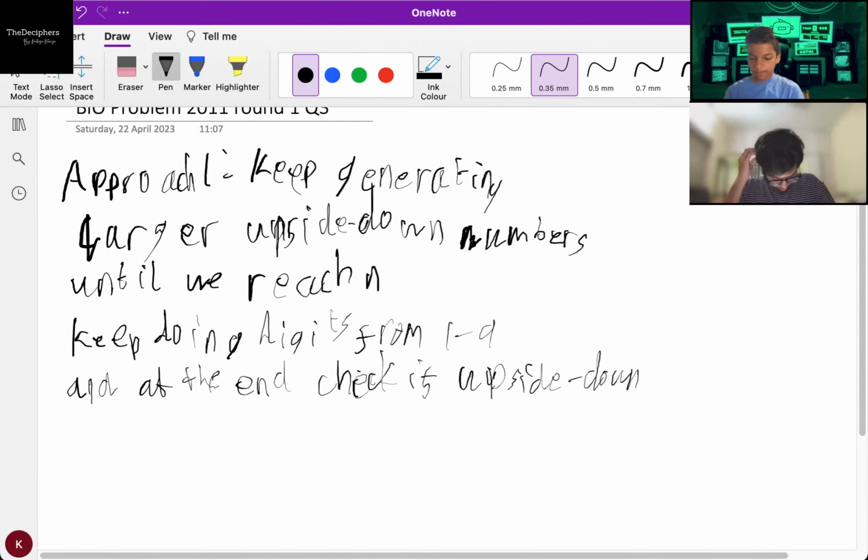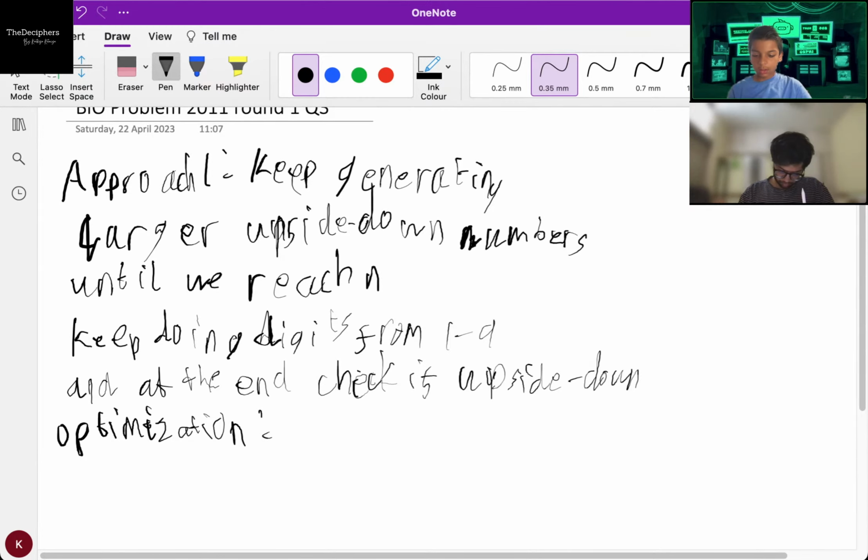And I think we can optimize it. A way we can optimize it is just prune it. So basically just do up to N over 2